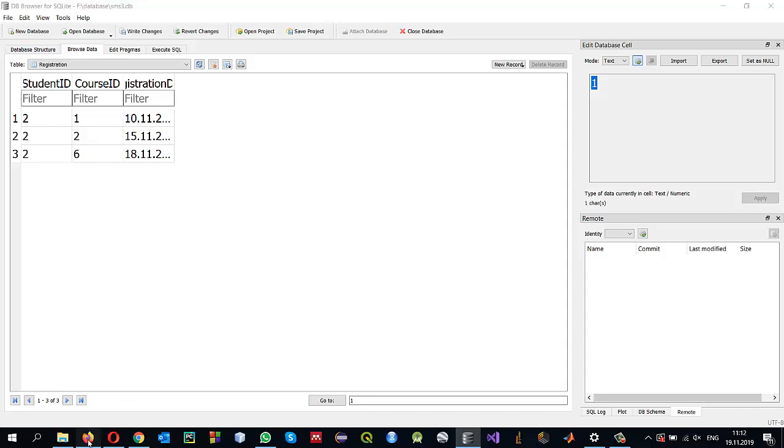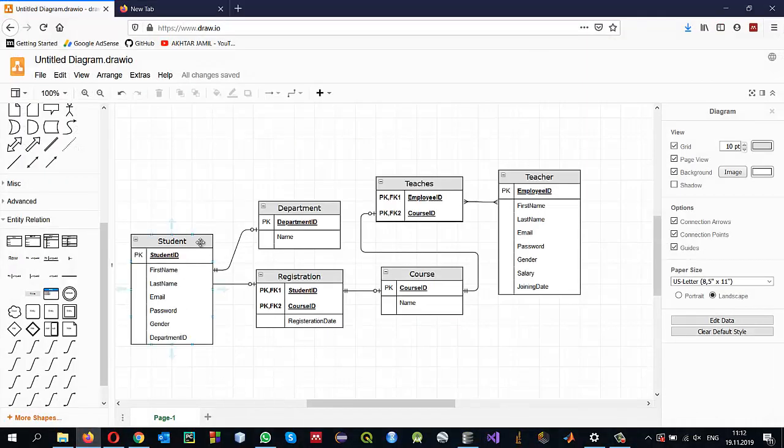So we implemented a simple scenario for these given tables and the relationships, and we created their respective database and how we can perform selection, insertion, deletion operations on these tables using SQL, and here we use